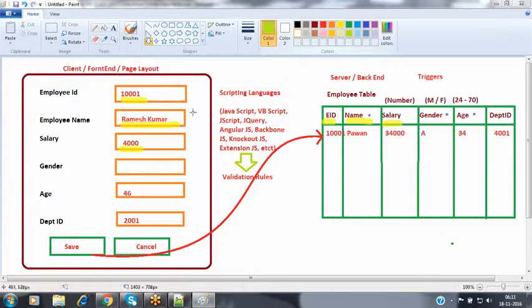So what kind of validations can we do? We can verify whether the user has entered the data inside a field or not, nothing but making it mandatory. And if the user has entered the data, then in which format the user has entered it, whether it is a correct format or not, we can validate that. If the user has entered some data, then whether it is in a valid range or not, everything we can validate here.